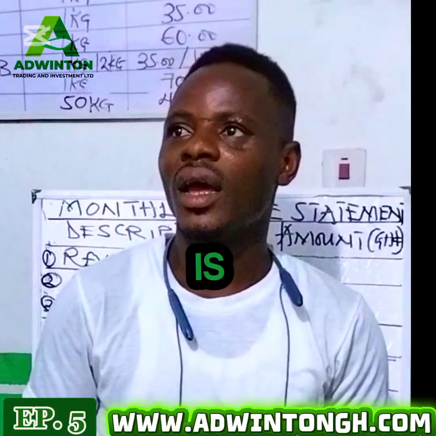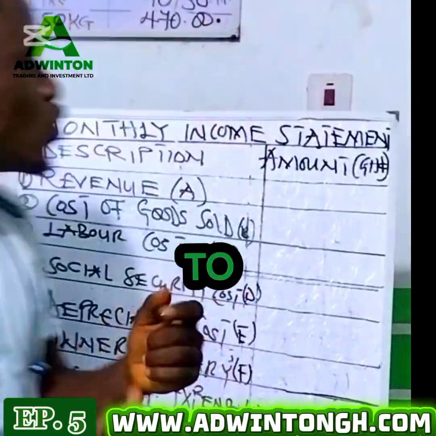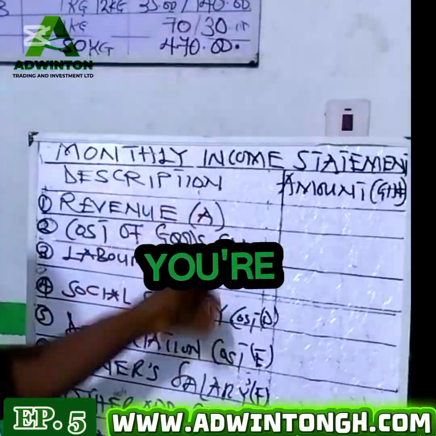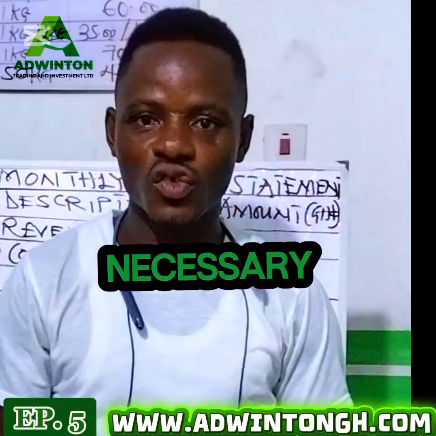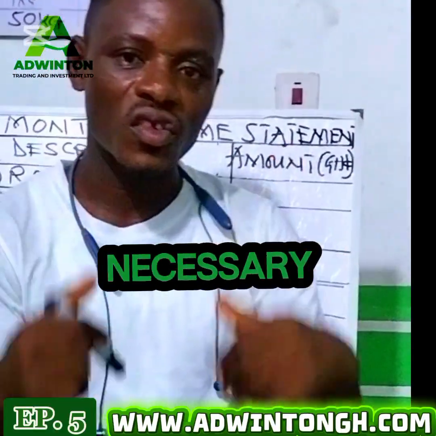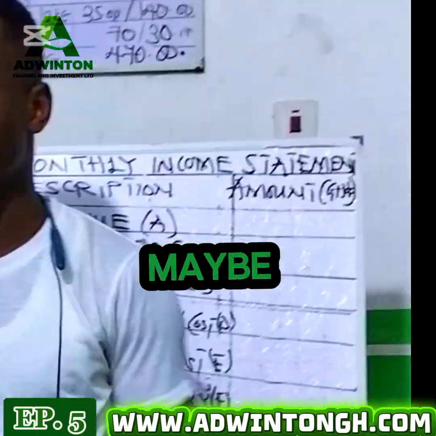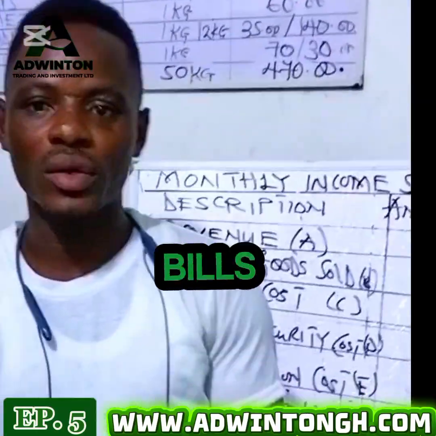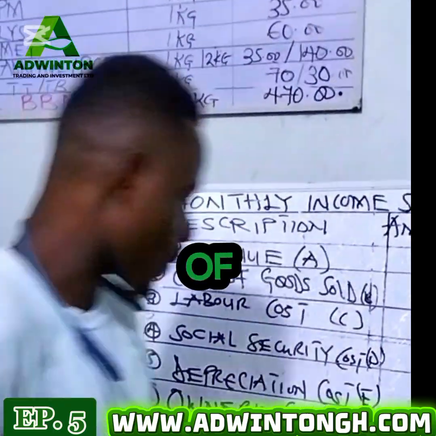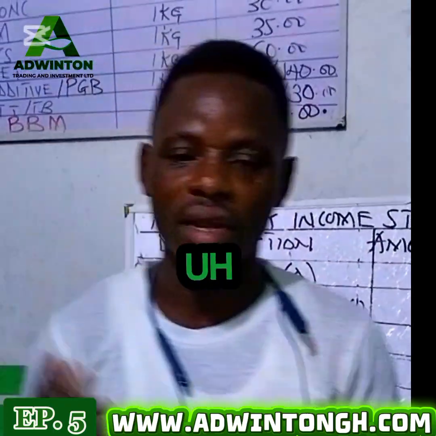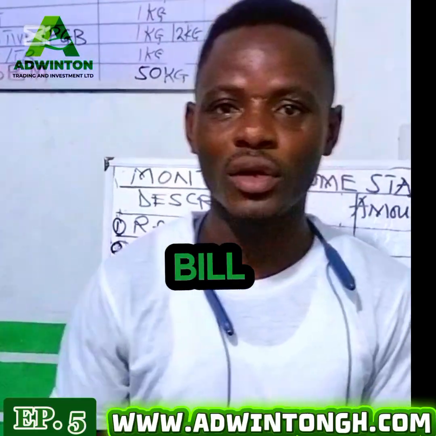That one is a cost that's not directly related to your cost of goods sold, but it's necessary so that it can help you to do your business. For instance, when it comes to the bills that you pay, we stated we have various types of them. So we have the bills that you pay at the end of the month in terms of light bill, the rent,